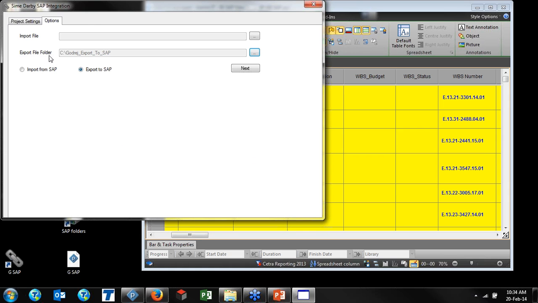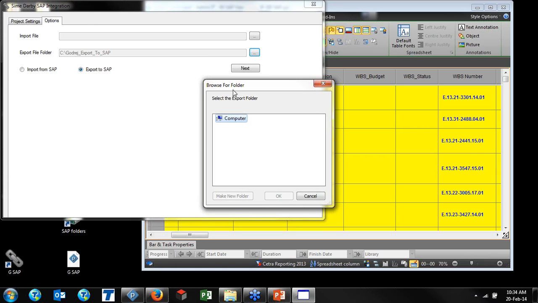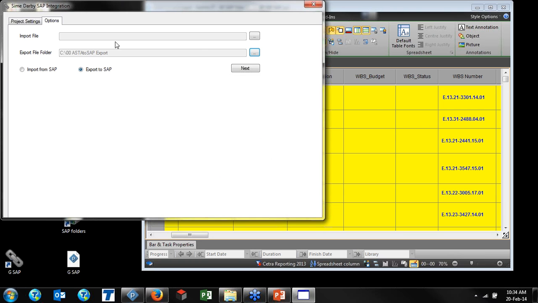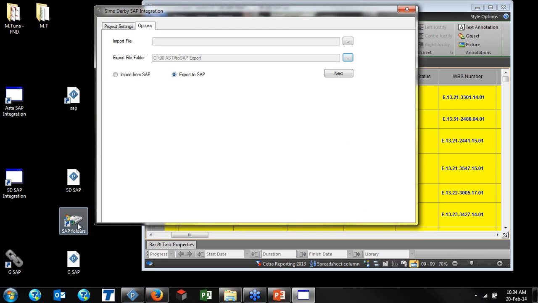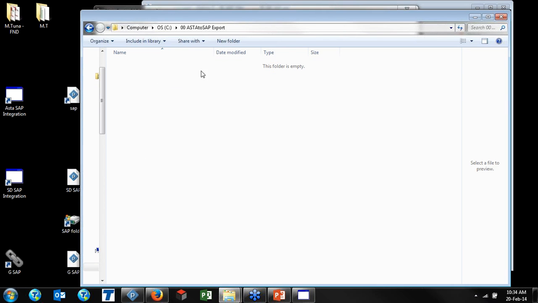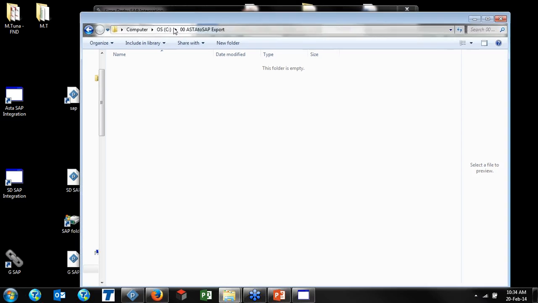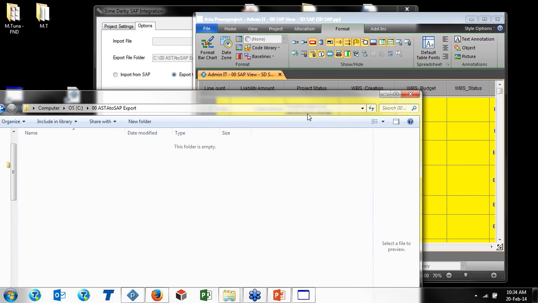And now we can say that the exporting file will be in our defined part, Asta to SAP export. It is a file generally we define on the networks during the implementations. And when I look at that file, at the moment there is nothing inside, and here is the place where my files will be coming,